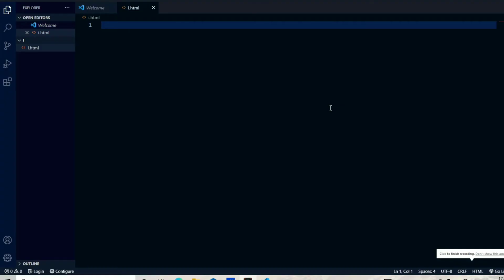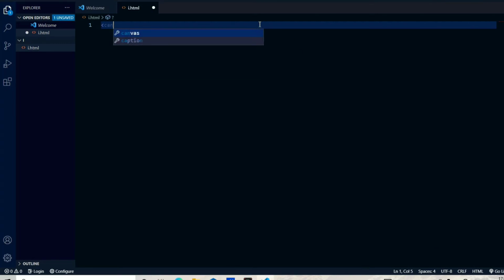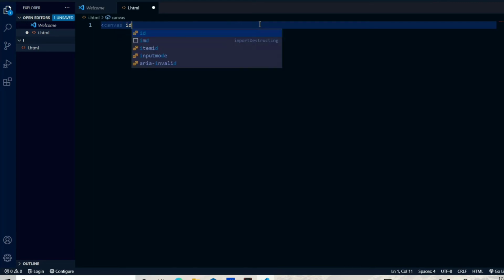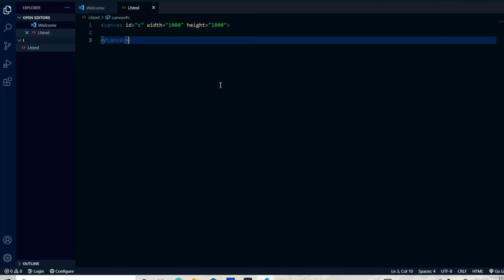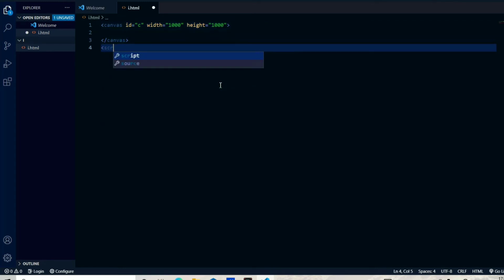I am going to deal with the canvas. Canvas is used because we can create any object programmatically. First of all, when we are using the canvas, we have to use the canvas tag in HTML, and I'm using it with an ID. I use c, and I just mention its width. I've mentioned the width equal to 1000, and the height equal to 1000, and I will just complete that canvas. I save it, and next I will open it with the script.